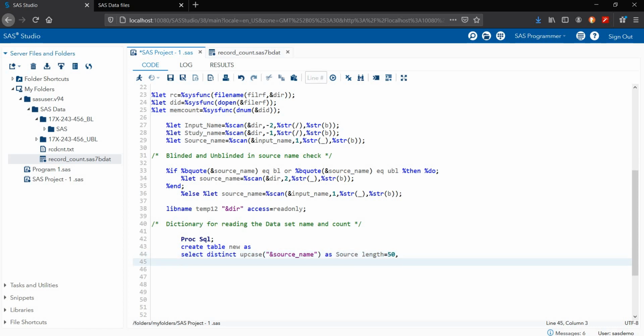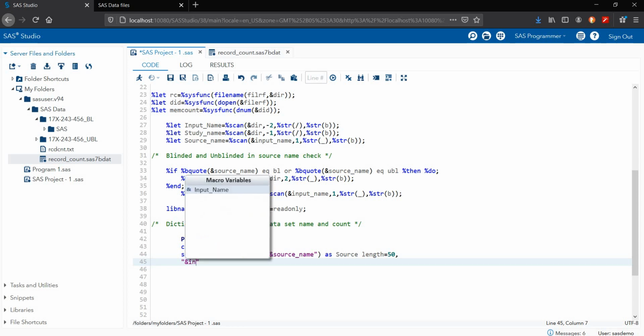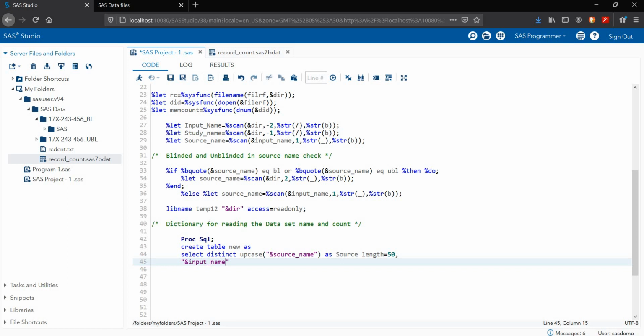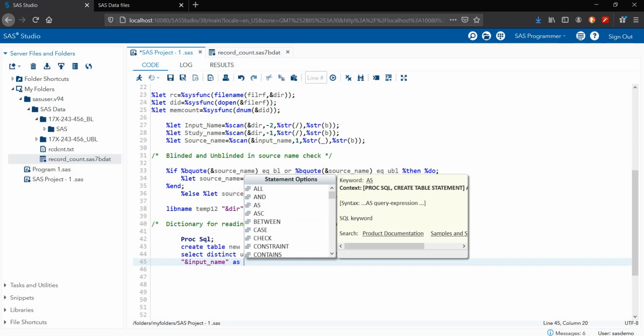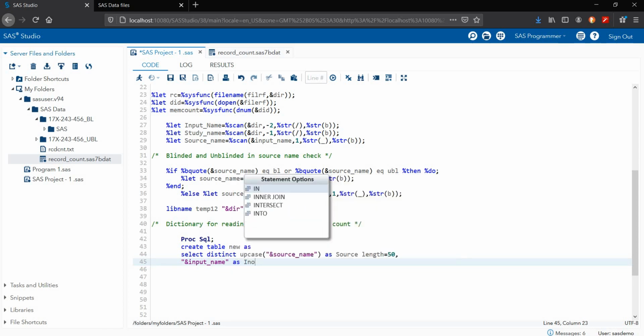Comma. Next is my input name, as input_name, that will be my name. Length I'm declaring here again, 50.